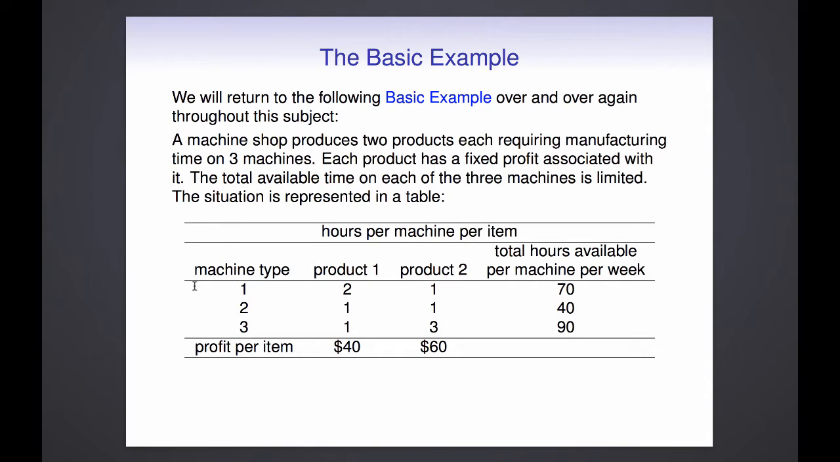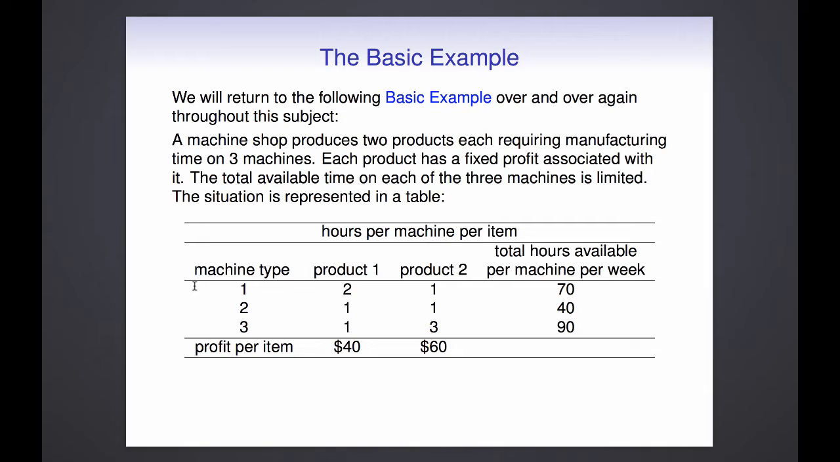The basic example in this course is a particular example that we're going to have a look at and then return to over and over again throughout the course. Every time we see a new idea, we'll come back and see what this means in terms of the basic example. The basic example is a manufacturing problem, and in this particular problem, we've got a machine shop, and it's